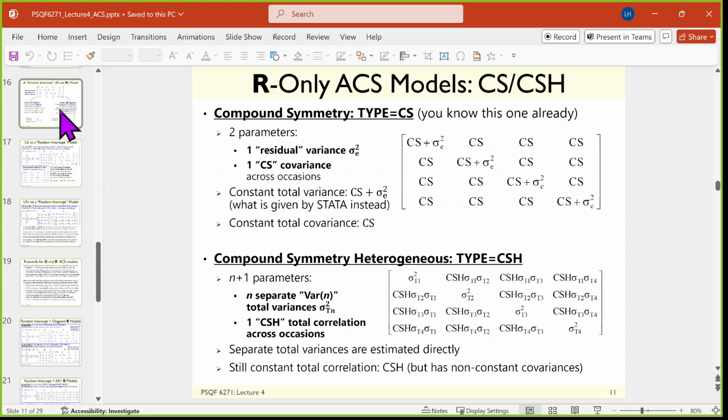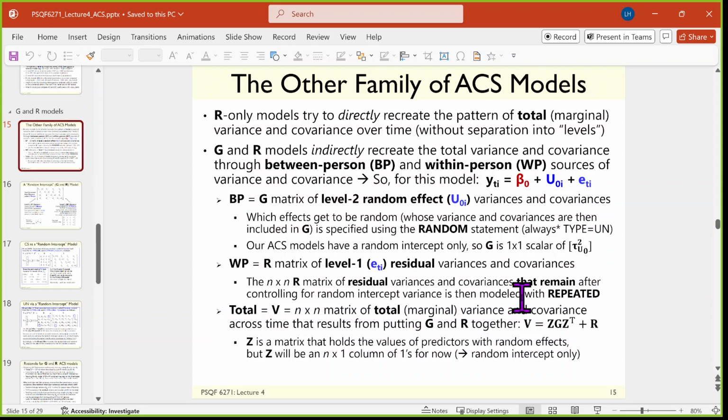So the idea of, here we go, reviewing terminology here. The idea of G and R is we know that the most prominent source of correlation of occasions from the same person is going to be person mean differences. That is a universal phenomenon in almost every research study I've seen. And so it makes sense from an economy perspective to take that source of correlation and partition it out of the way. So we put that source of correlation as implemented via a random intercept variance in the G matrix,